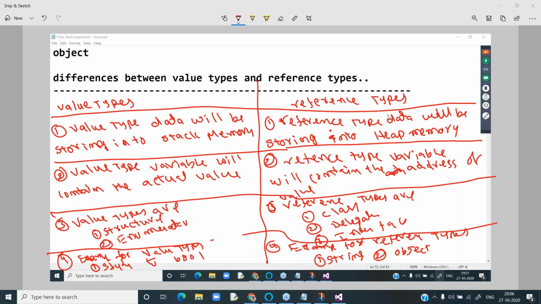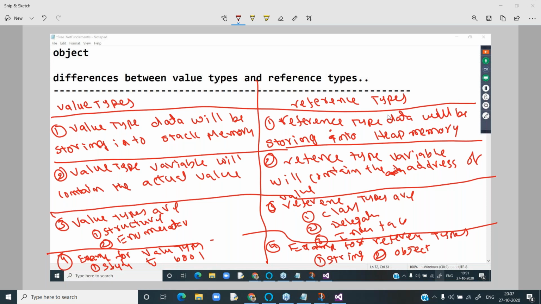Can you give me examples of value types? Right.